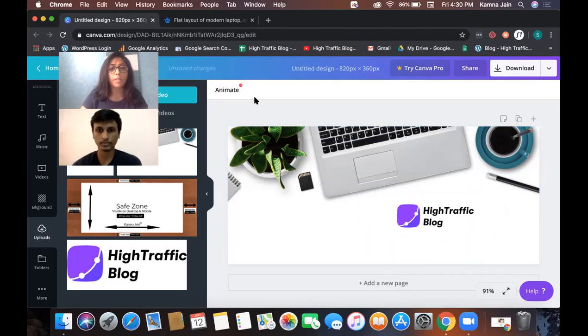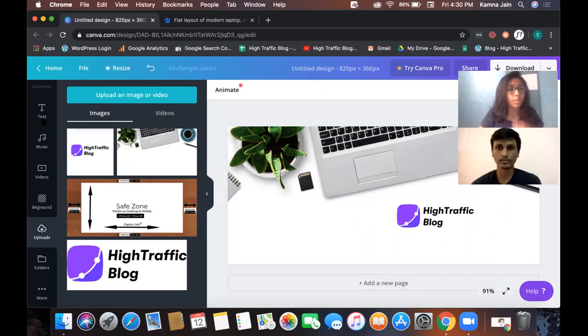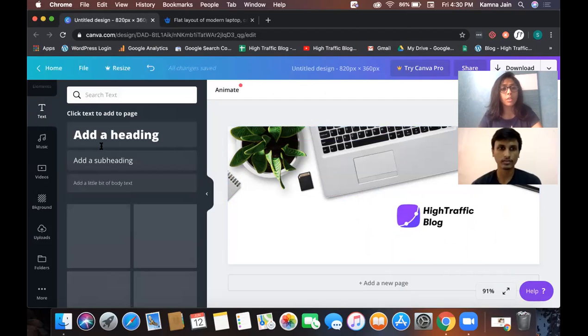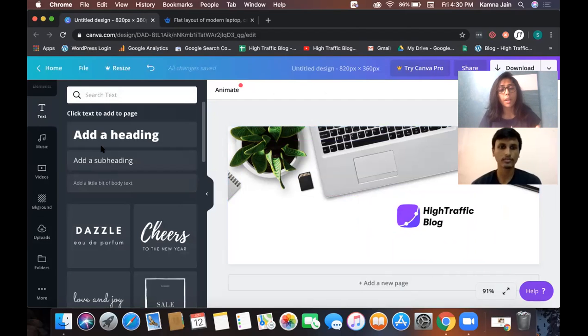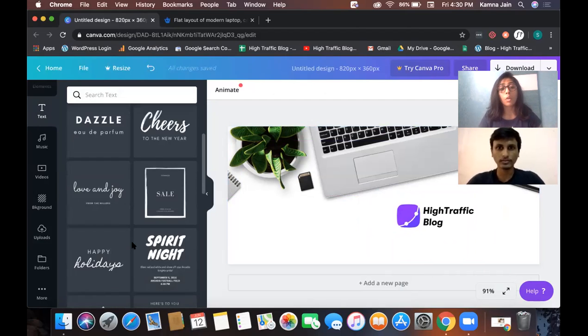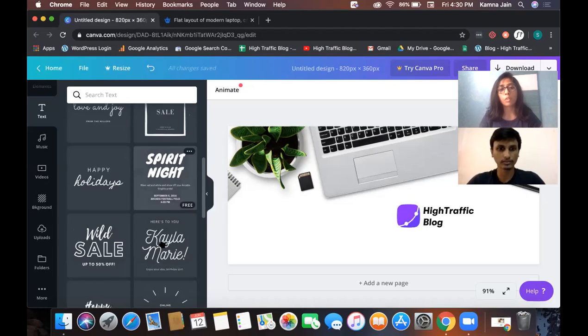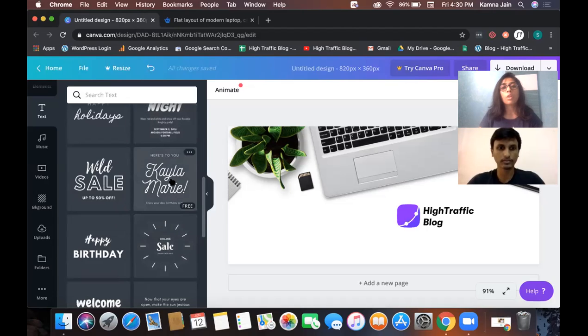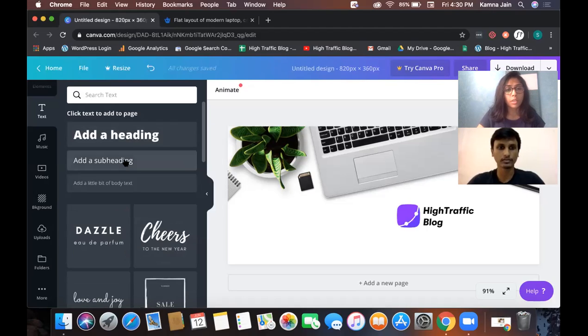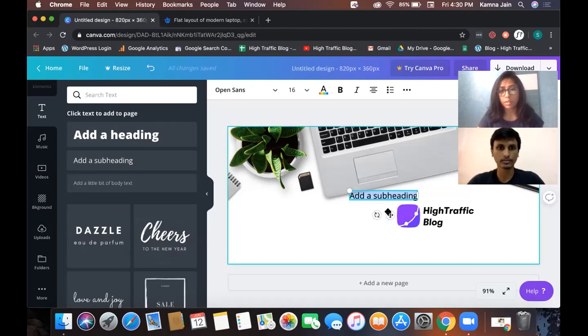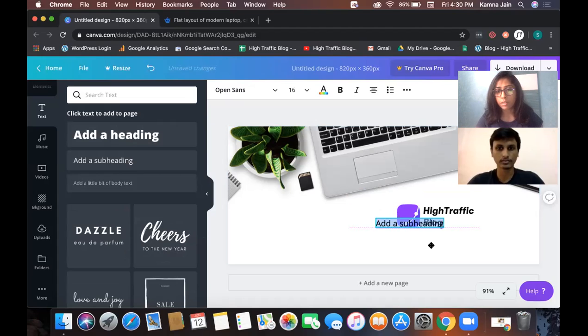Yeah. And another thing we'll do is add a line. So that's what we were actually thinking, that let's also include Powered by Digital Deepak here. And as you can see, there are a lot of ready-made text templates for you to use. And if you're starting out, you can use these as reference points for which fonts to use. So as of now, we'll just stick to something pretty basic. So let's bring this here first, get our text in place.